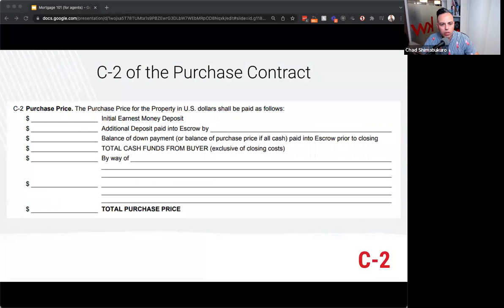So in this portion, C2 of the purchase contract, I put that in there because people put all kinds of crazy things in there. In the section where it says "by way of," you want to be accurate as to what kind of loan you have in there. And it's important for you to know, as realtors and agents, what kind of loan your client is getting so that you can properly calculate the down payment. I see people put things in there that seem strong and favorable and can create an advantage to getting your offer accepted, but they didn't even check with the loan officer to find out, is it really 20% or 30% down? Oh gosh, it's only 5%. Well, that changes things, right?